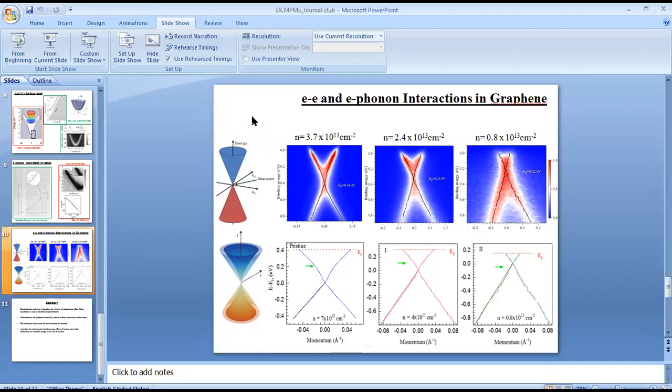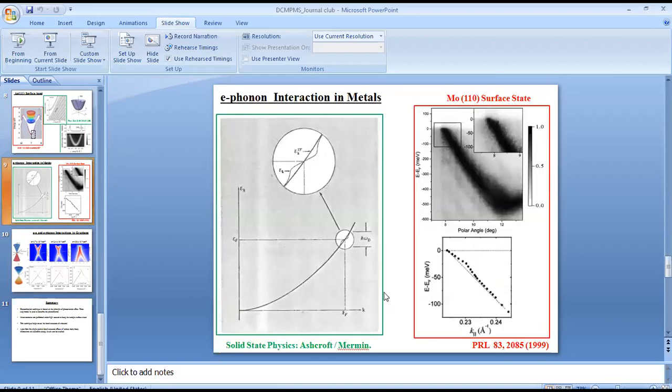Okay, and the final question is from Krishnendu, asking why the electron-phonon interaction is prominent near Fermi energy. I guess he meant electron-electron, asking why it is prominent near Fermi energy. Okay, the electron-electron interaction he asked. No. He asked why the electron-phonon interaction is prominent near Fermi energy.